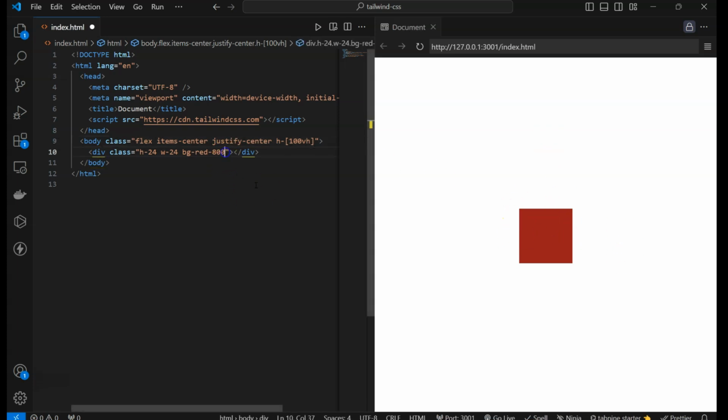Now I have to make it round. To make it round, I have to use a Tailwind class that is rounded, and I have to make it